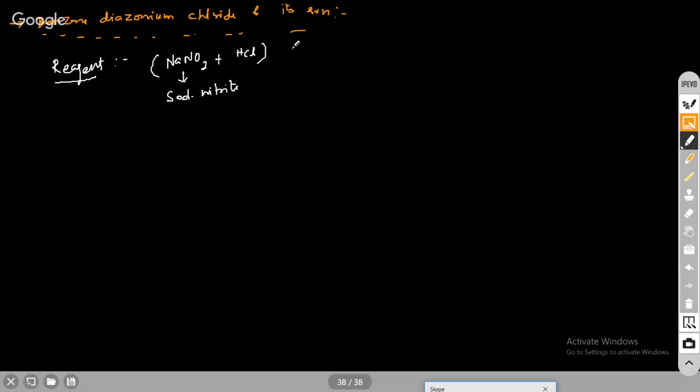Sodium nitrite plus HCl, or we also simply write HNO2, because when these two react, it forms nitrous acid and NaCl goes out. Okay, so in the reaction here we have aniline, C6H5NH2, which reacts with NaNO2